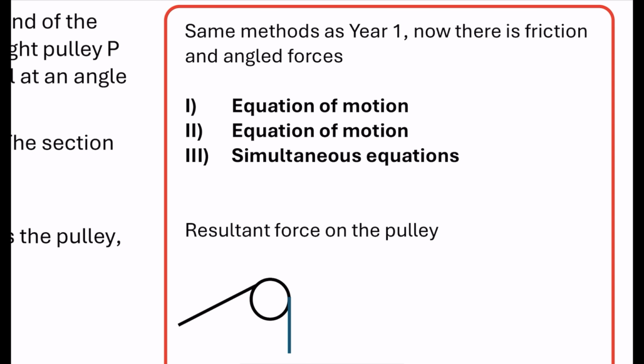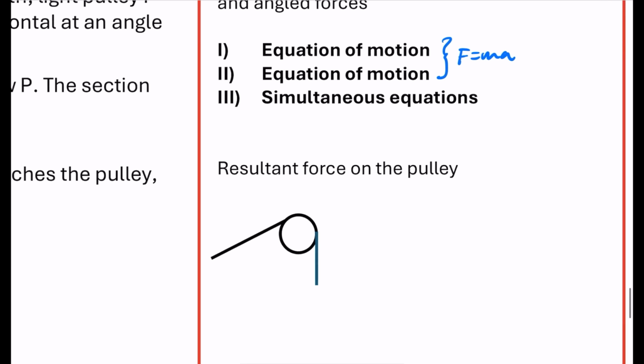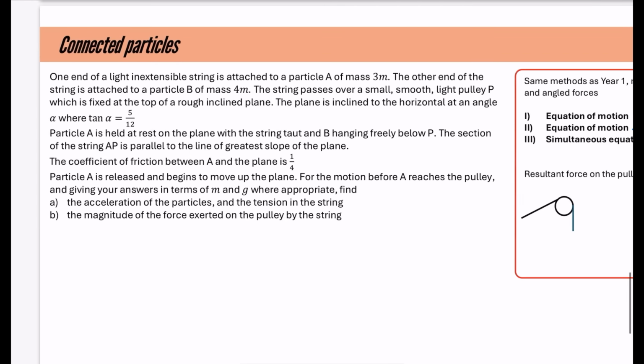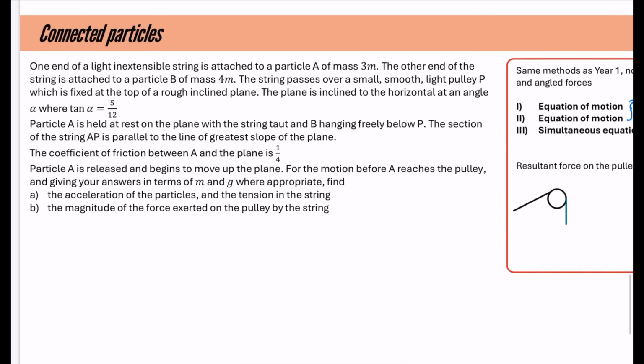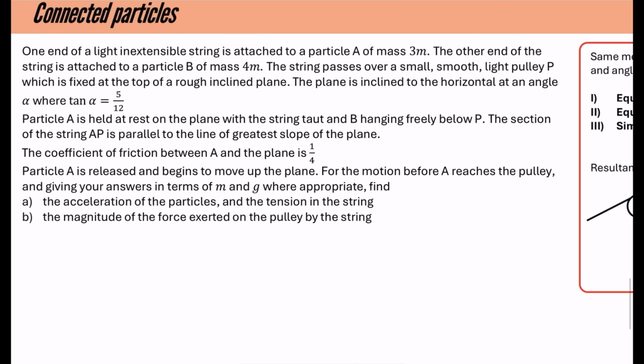Same method means you're going to do an equation of motion twice for each of the particles. Remember, this just means F equals ma. And then typically, it's simultaneous equations. It could be something sort of linked to it. This part about the resultant force on the pulley, I'm actually going to discuss that when we get to part B of this question. Now, I've deliberately done this without a diagram because I think they will usually provide one